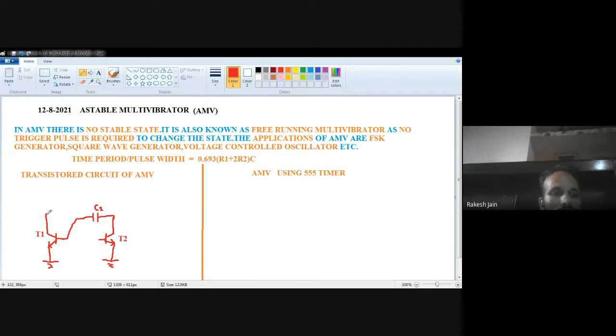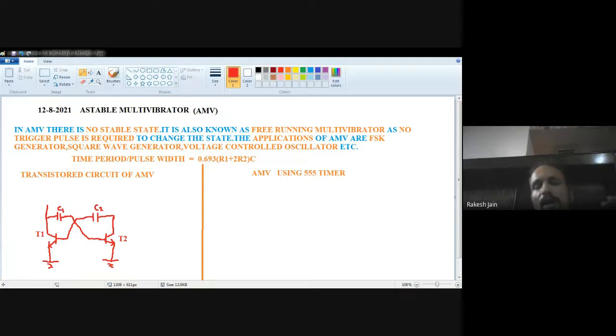Similarly, the base of the second transistor is connected to the first transistor collector with the help of a cross coupling capacitor, that is C1. So this is known as cross coupling. As I have already told, in multivibrator circuitry, basically two amplifying devices such as transistors or vacuum tubes are used, which are cross coupled by resistors or capacitors or their parallel combination. So here we use two capacitors for the cross coupling of those transistors.